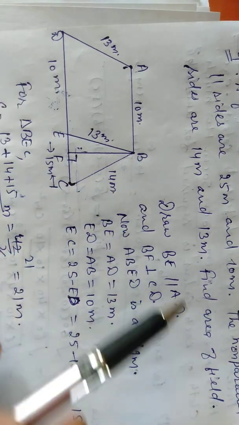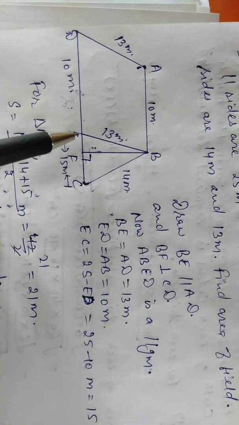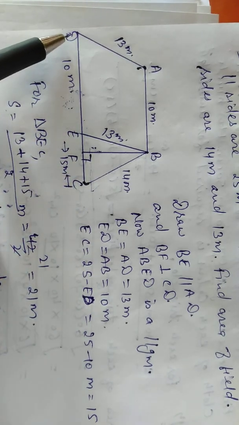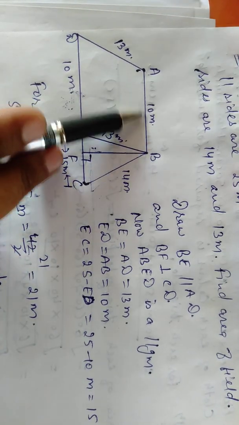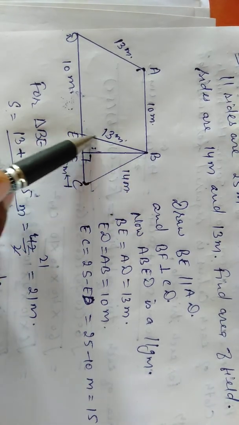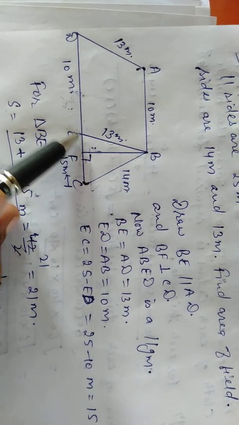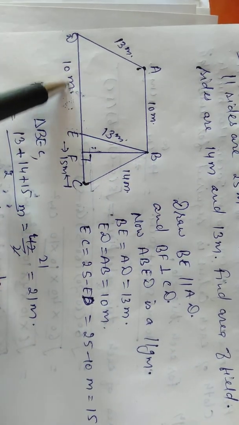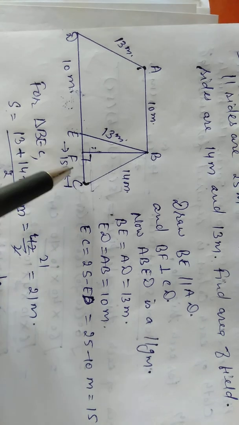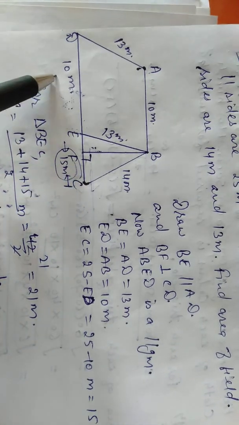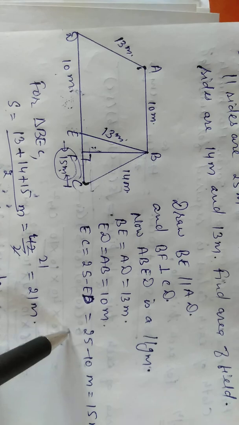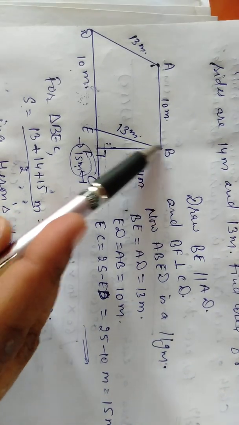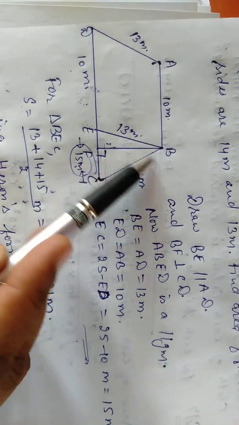So let us start. We need to find out this length EC. EC can be found by subtracting this 10, because if you draw this line, this point E, this DE is the same as 10 meter, right? And the whole we have been given is 25. So what is remaining here? 15, because 25 minus 10 is 15. I have done that here, right? So all the sides we have here. So we can find the area of this BEC because we have all the three sides.